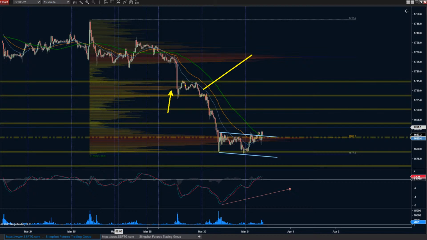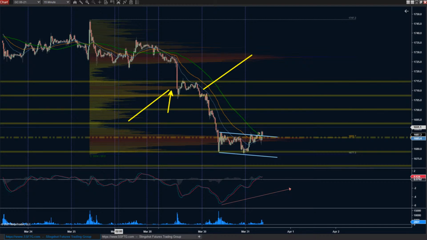So this is a really nice way to try to not necessarily time a bottom, because trying to catch a bottom is, well, don't expect high probability, right? Let's just leave it at that. But if we're going to try to approach it with as much on our side as possible, and we see volume that's not backing a reversal yet, then it doesn't make any sense.